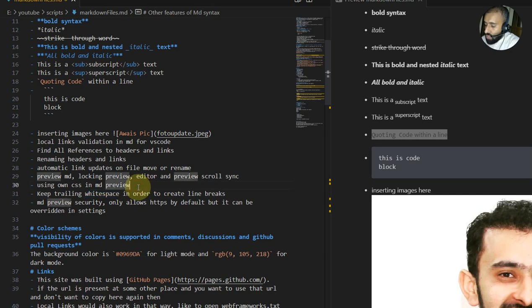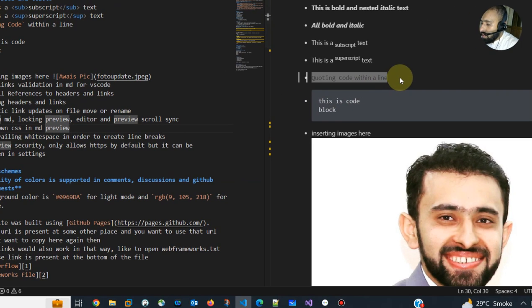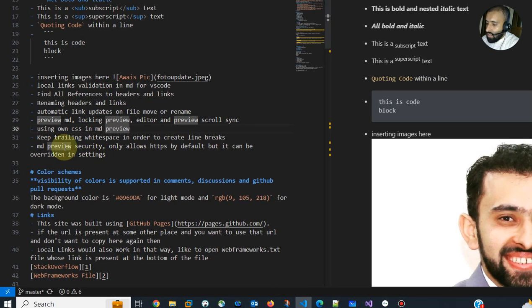By default, VS Code removes trailing white spaces. Like if I have entered these two spaces and I save this, VS Code will remove those trailing white spaces. But if we have turned this off, then VS Code will not remove those trailing white spaces, it will preserve them. And if those trailing white spaces are preserved, then in the preview the other line will be shown